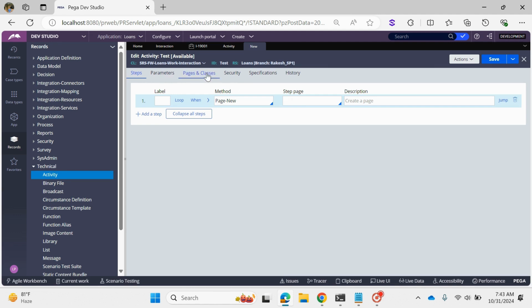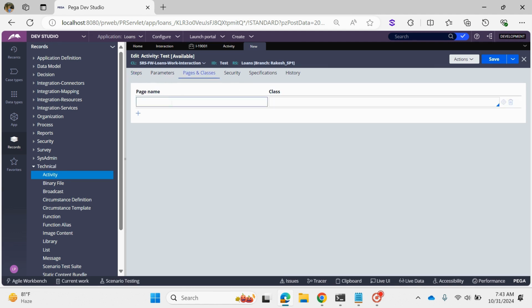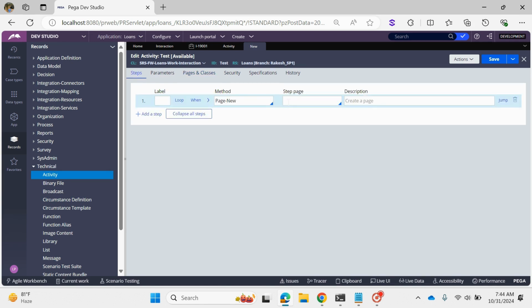So let me create a new page. Let's say I want a page that is a temporary page in the clipboard under the same class. Let's say under this class only I want to create it. Once you add this class, whatever page you create at the clipboard level belongs to one class, even the pyWorkPage as well, if you observe the clipboard structure. So once you save this and add this step page here, once you click on